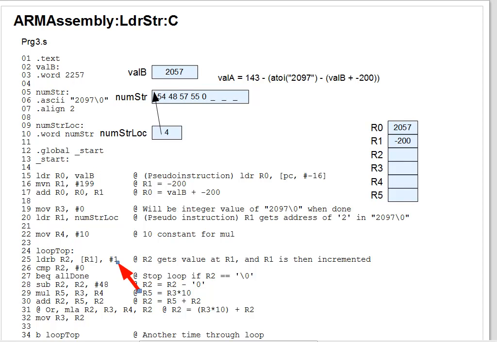So in this segment, we resume our prog3.s discussion from where we left off in the prior segment. And I've added a register diagram showing just the registers we'll use, with R0 and R1 already having the values 2057 and -200 from the work done by lines 15 through 17, which of course we discussed in the prior segment. Now the next job is to get the value 2097 into R3 by translating the string of digits 2097